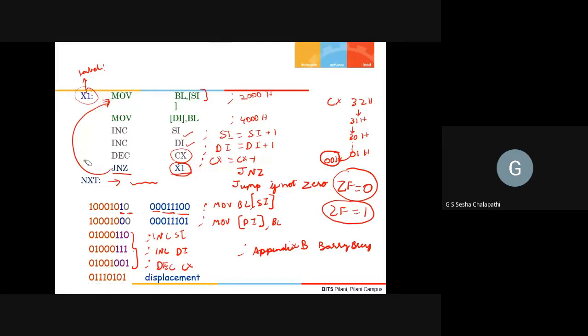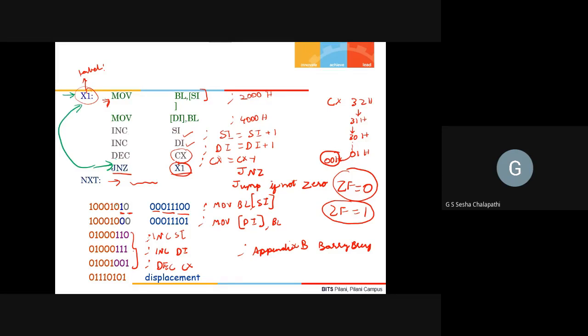Okay, and erase these things. With respect to this particular instruction, how much displacement do I have to apply to do the jump? How many bytes, what should be the increment or decrement in the instruction pointer to go to the jump location? Now the jump location is here. I have to jump from here to here. With respect to this particular location, I have to jump.